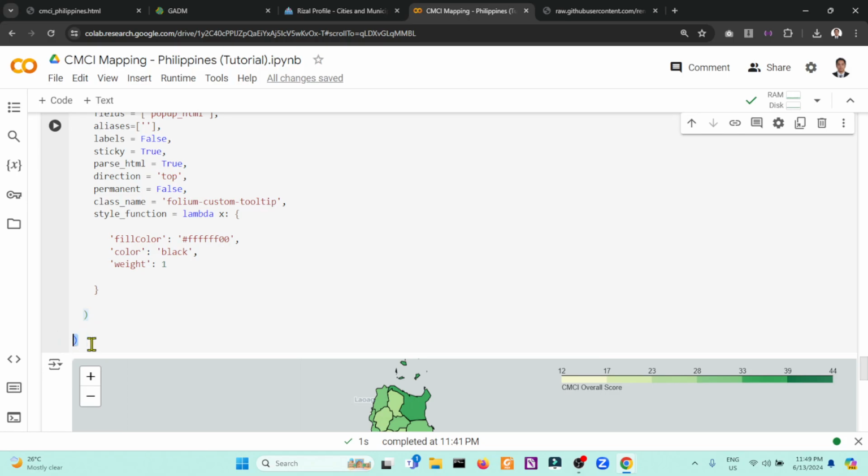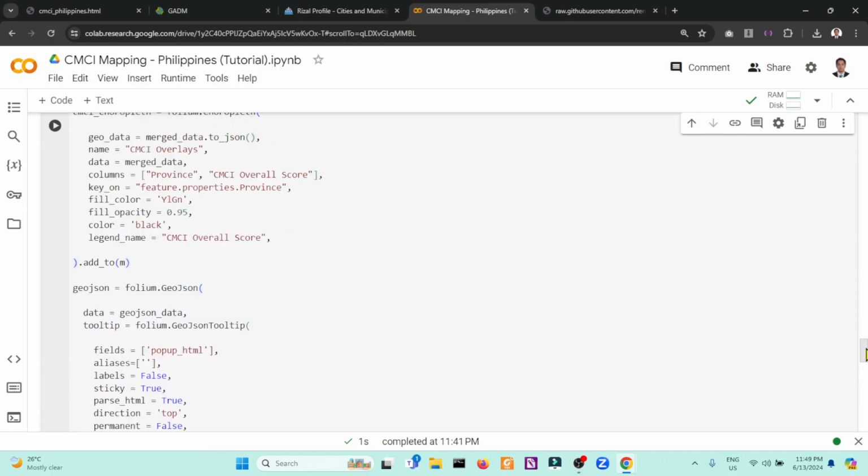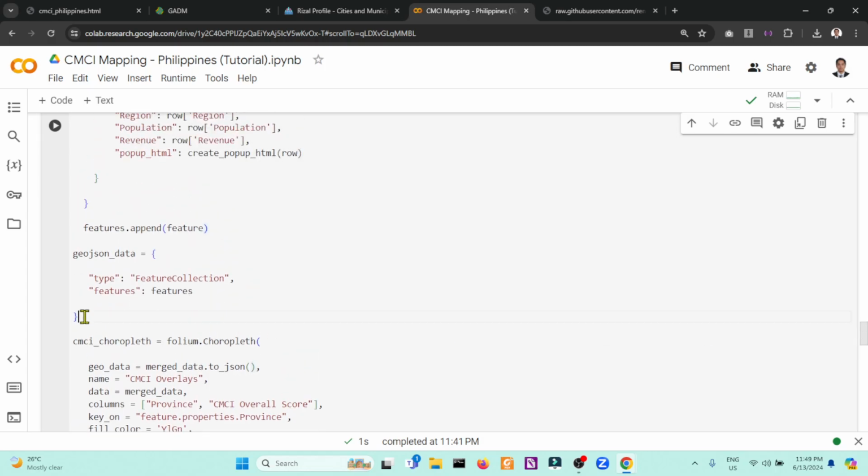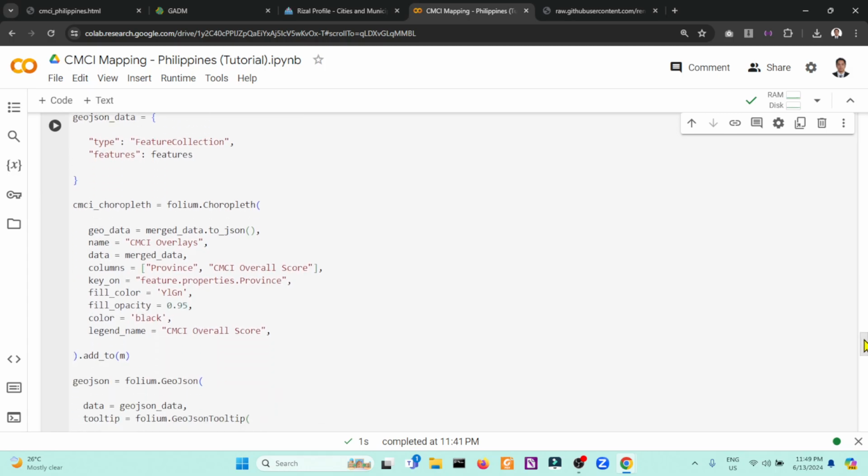So this is the weight. So let me check. So this one is for the GeoJSON data. This one is for the choropleth. So let me check first so that there will be no error. So this one is for the choropleth.